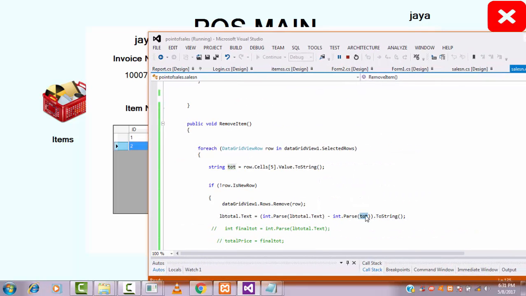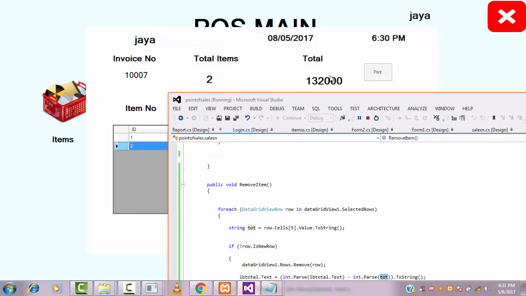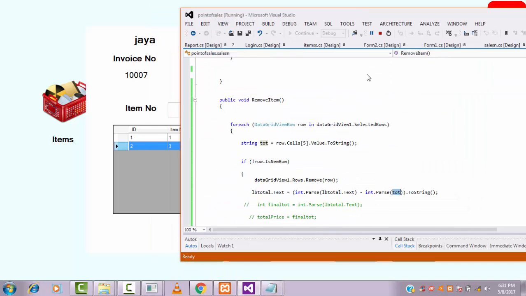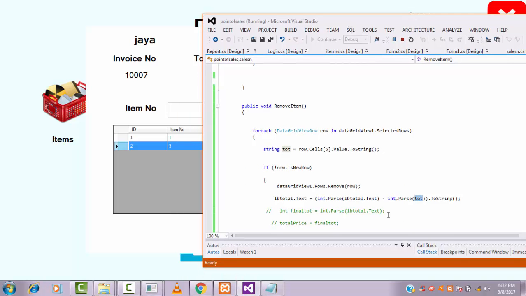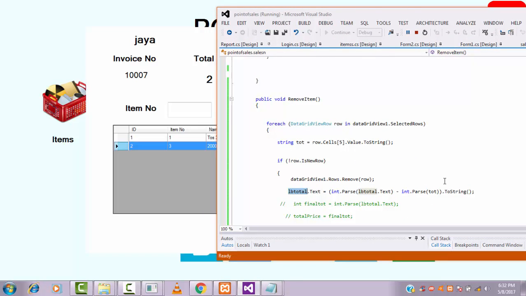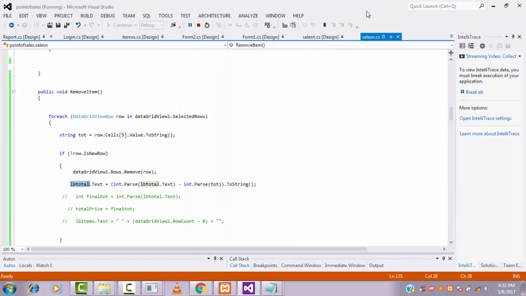When you select the row, the row total is put here. The above total is the final total, and it is subtracted by your selected total and put into the same LBL, so the label is updated here. That is what I did here. After that, what I did is here,